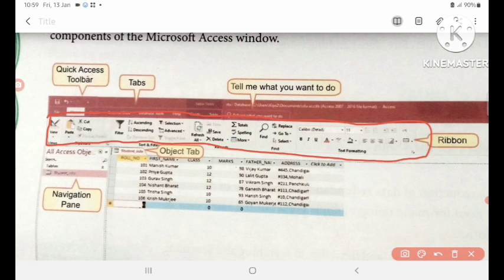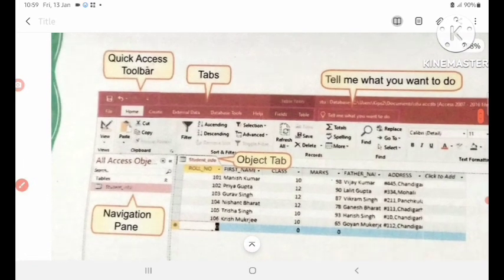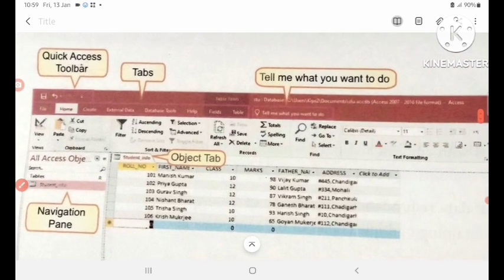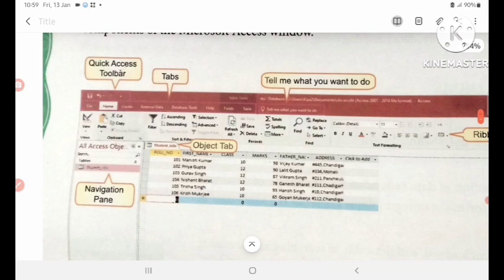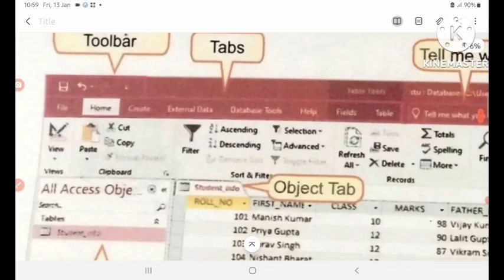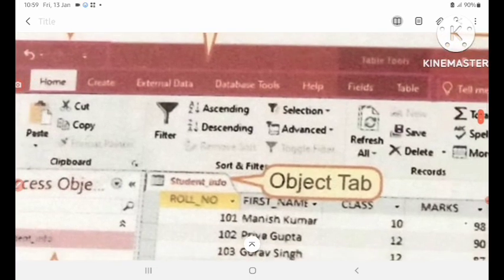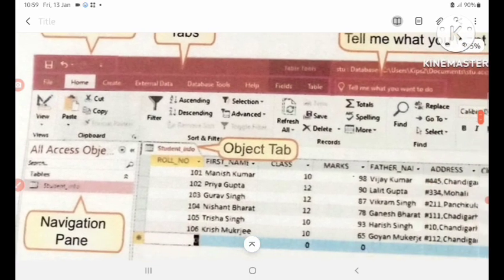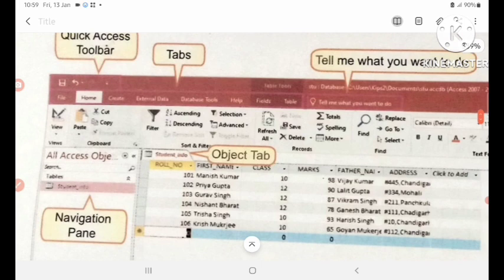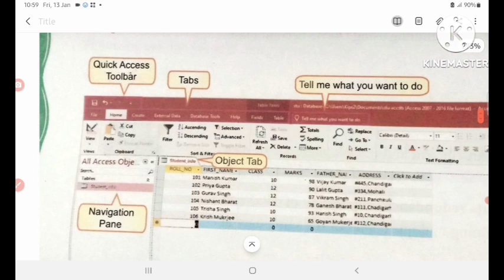Actually, the ribbon is divided into three parts. You can see here Home, Create, and there are many tabs here. First is tab, second is groups and third is command.